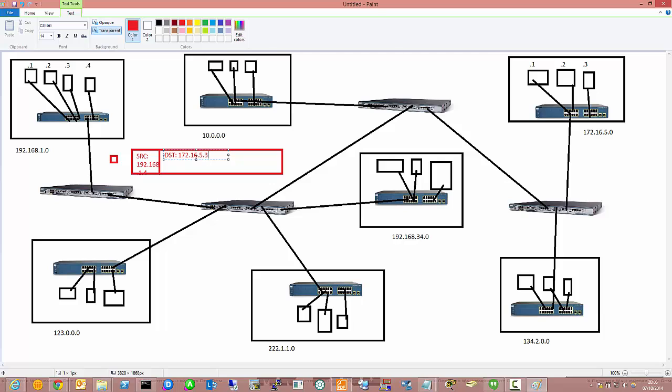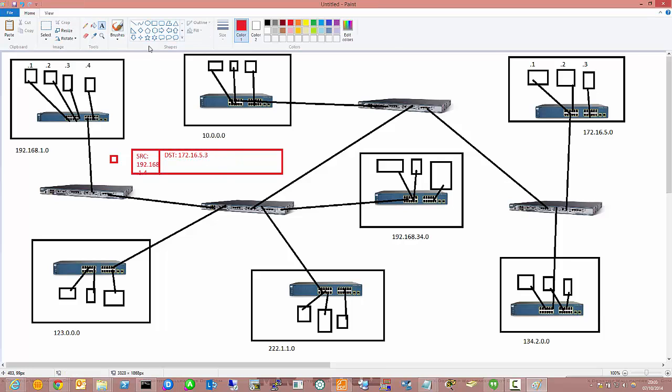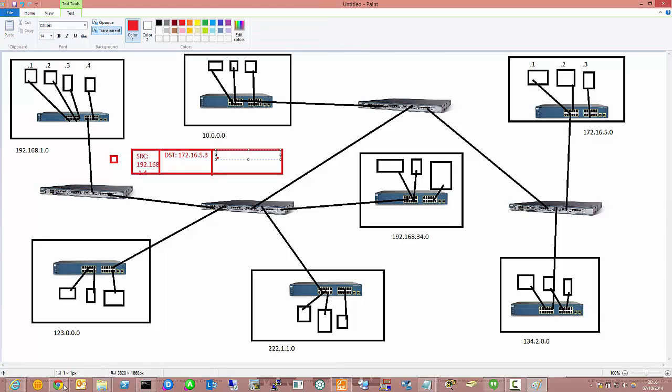172.16.5.3. Yeah, that's the device I'm going to. So it puts that there also. So it goes, okay, before I go to layer 3, I have to go via layer 2, right? Yep. So it's like, okay, my own MAC address, my own MAC is, let me see,